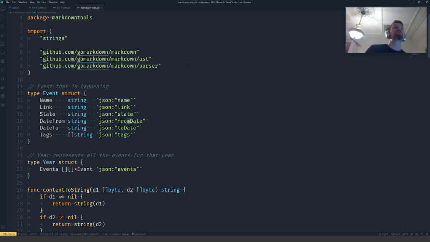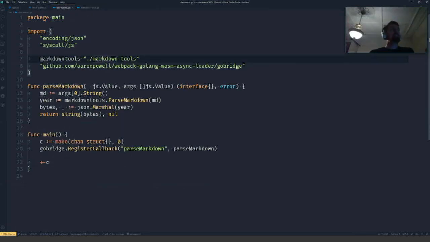I then just work through the AST of the Markdown that I get back and do some manipulation to it. This file here, this dev events.go, that is exposing a library to my host, and it provides me with a way to interact with that.